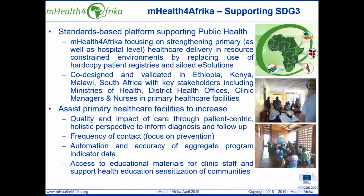mHealth4Afrika can save valuable clinical time at health facility level through the automation of aggregate program indicator data, while supporting strengthening of decision-making and policy formulation by significantly increasing the accuracy of this critical resource used by the district health offices and the Ministries of Health. mHealth4Afrika aims to strengthen clinical and diagnostic skills at health facility level by facilitating access to critical educational materials,